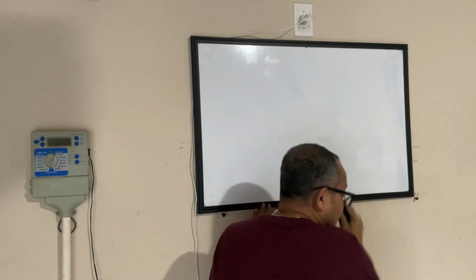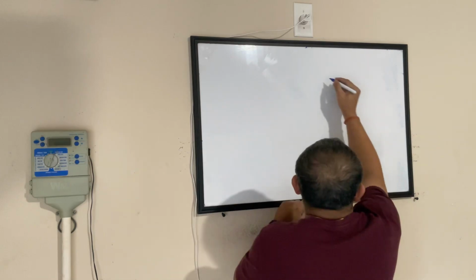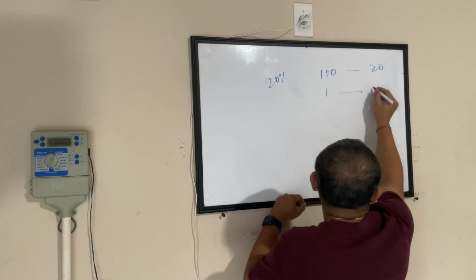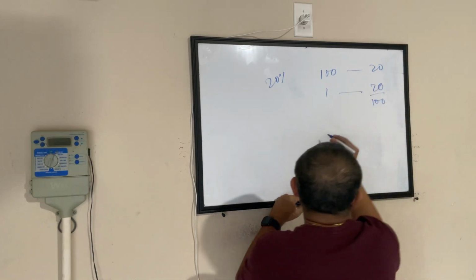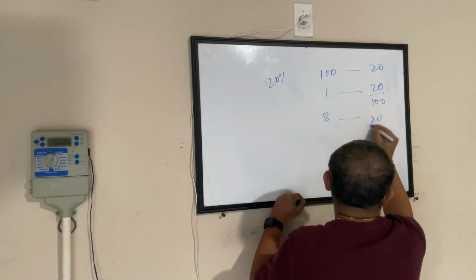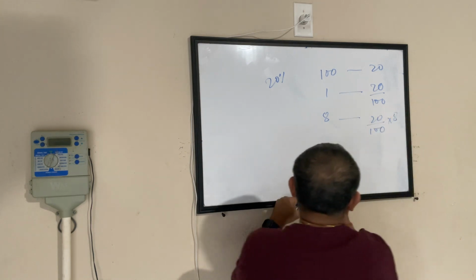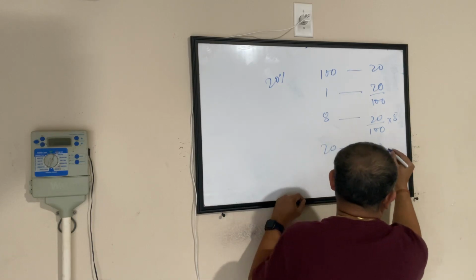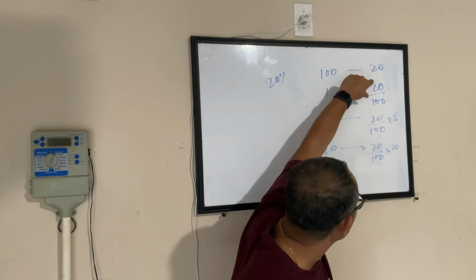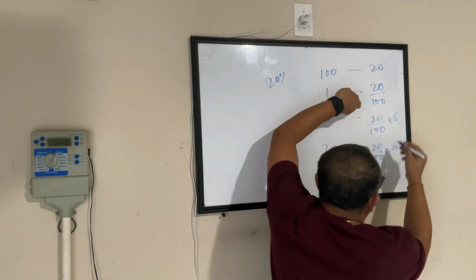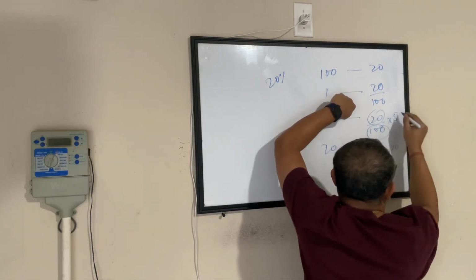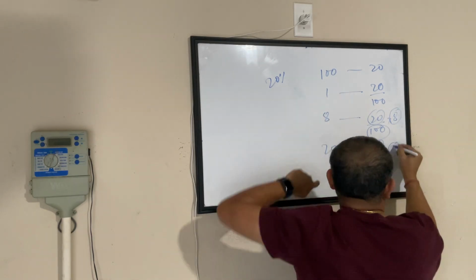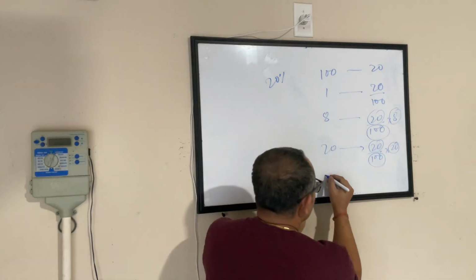Now, this percentage, whatever we saw, I said $100 gives you $20 discount in case of 20%. $1 gives you 20 by 100 discount. $8 gives you 20 by 100 into 8. $20 product will give you 20 by 100 into 20 discount. Now look at this whole situation. 20% of 8. 20% of 20. If I am picking up something which is priced at 65,